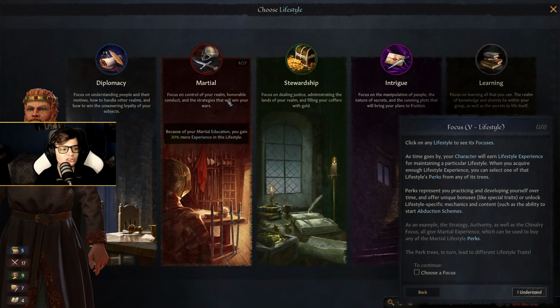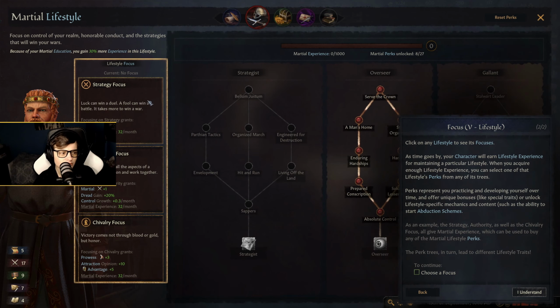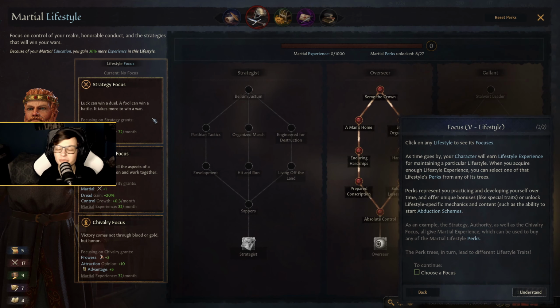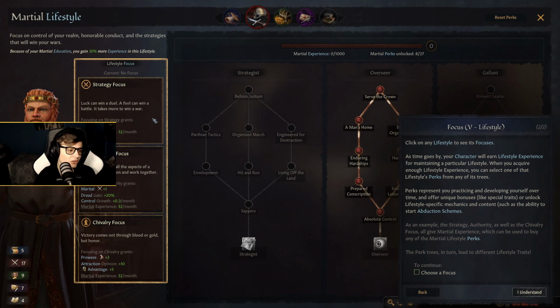Martial focuses on control of your realm, honorable conduct, and the strategies that will win your wars. And because of our martial education, we gain 30% more experience in this lifestyle. So you can either do strategy focus. A luck can win a duel, a fool can win a battle. It takes more to win a war. Strategy. Authority focus